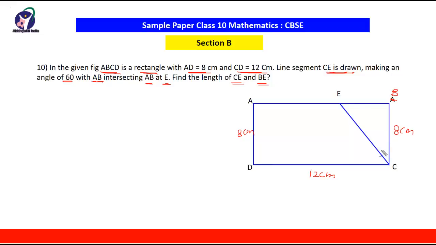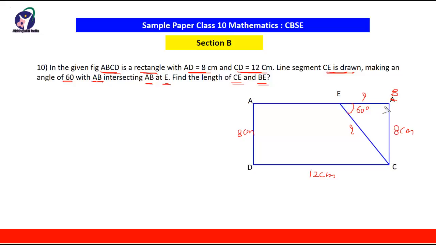And it is given that CE is drawn to meet AB at E making an angle of 60 degrees. So this angle is given as 60 degrees and we have to find EC, and we have to find BE, this line segment. So in triangle EBC,